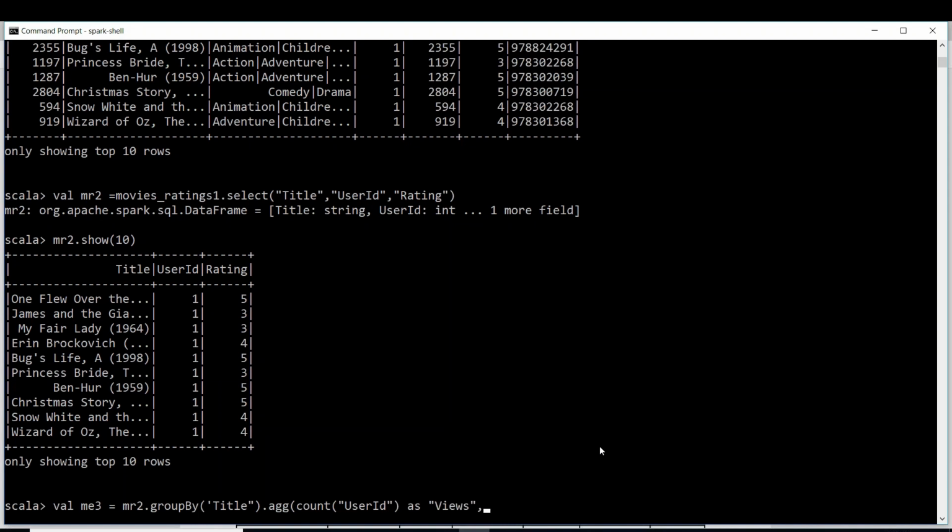Another aggregation: what aggregation do we need to do on rating? We get all the rating values of the particular movie. Is it the sum? The ratings are 1 to 5. Is it the count?